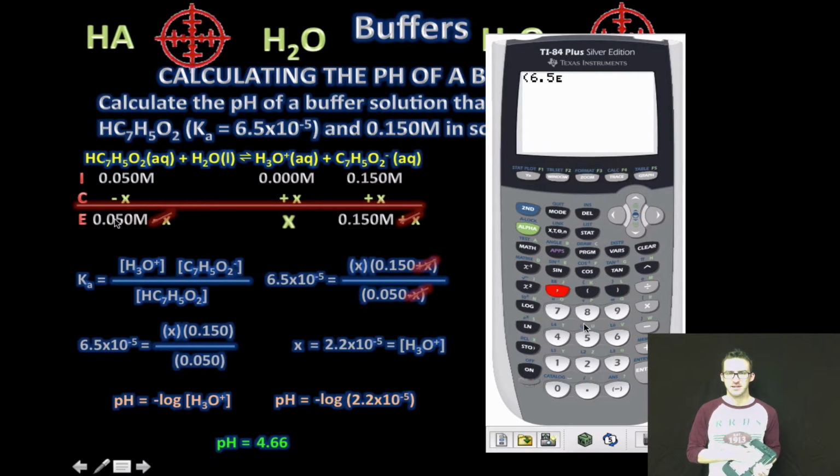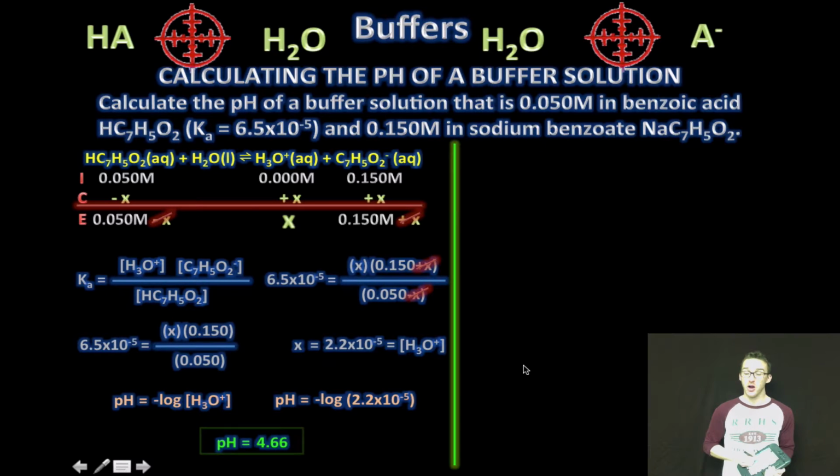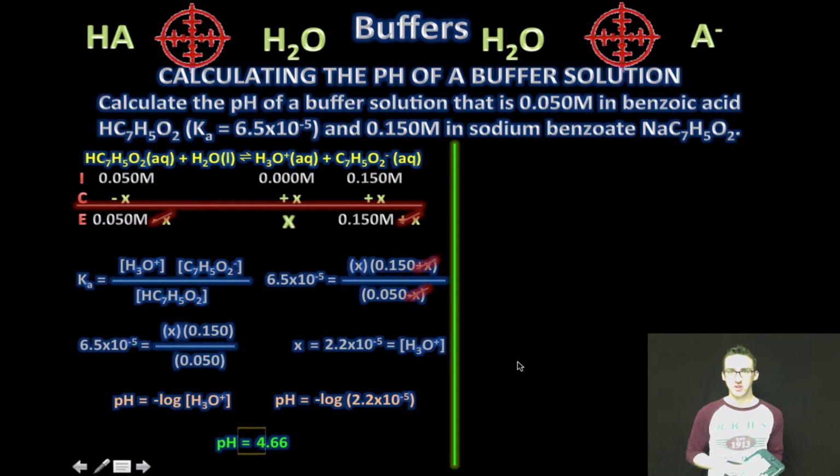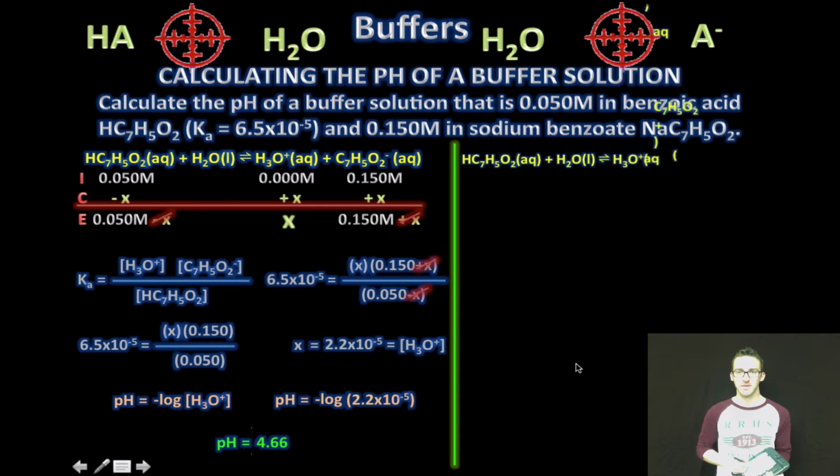6.5 second E, negative 5, close parentheses, times 0.05 enter. Divided by 0.150 enter. Negative log second enter. Boom. Okay, now there is another way to solve for the pH of a buffer, and that is simply to recognize,